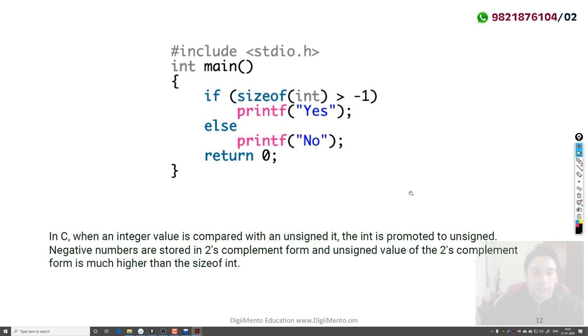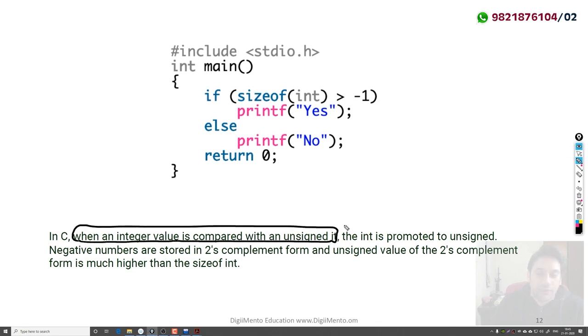So you can also look at the theory here. When an integer value is compared with an unsigned integer, in that case the integer is promoted to unsigned. Because one is unsigned and the other is a signed integer, when you compare them, the signed integer will be changed to unsigned.